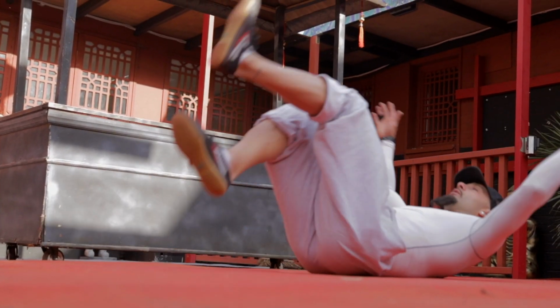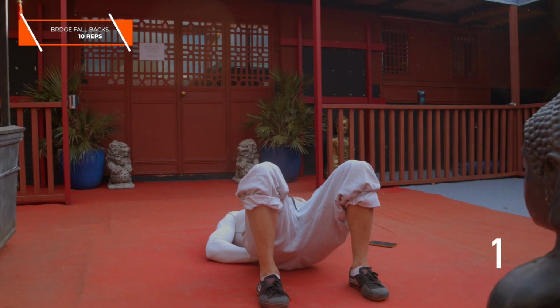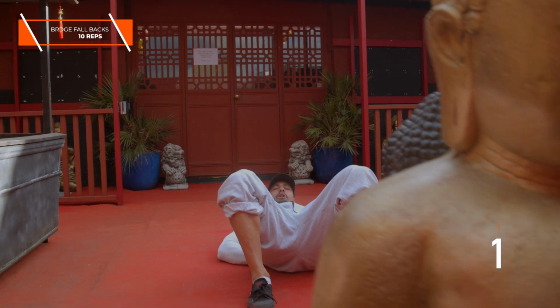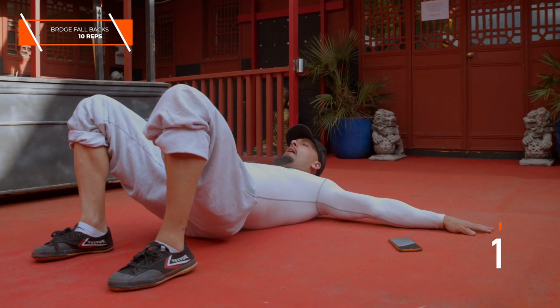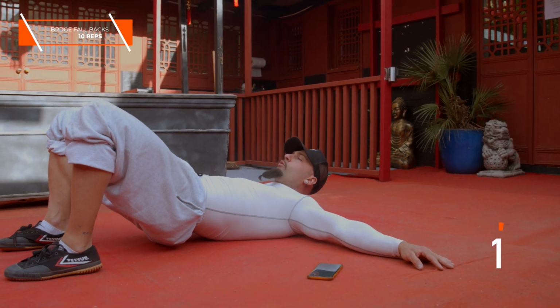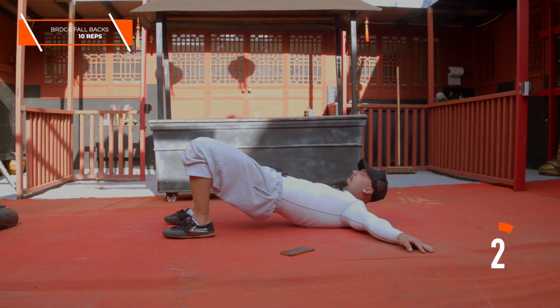Here we go. Up, fall back down. Keep your stomach up off the floor, otherwise you're gonna wind yourself. Land on your upper back and have your hands help break your fall. Check me out from the side. Up, down. That's 2,